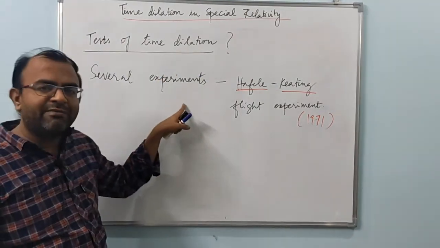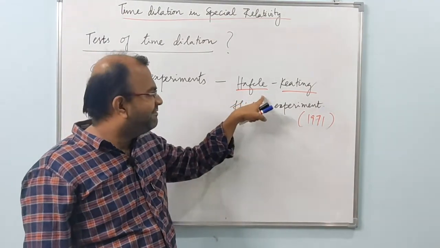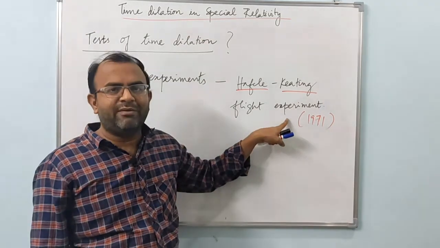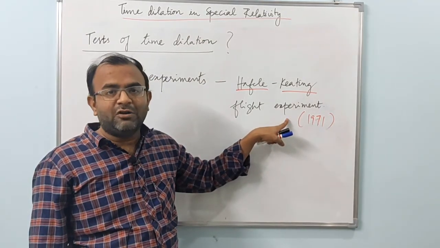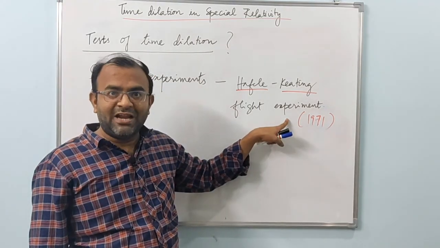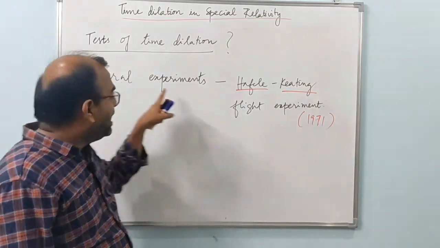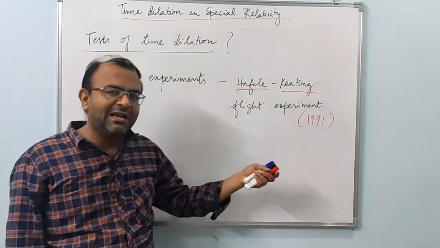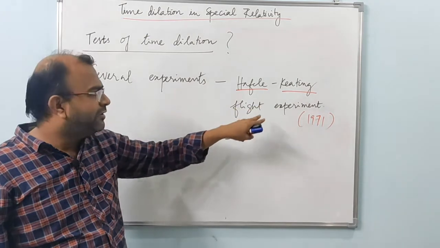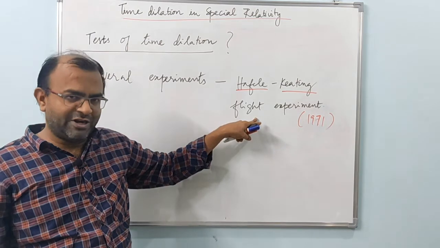Yes, there are several experiments, but one direct experiment is due to Hafele and Keating, a physicist and an astronomer. Together they performed a flight experiment where they carried 4 cesium atomic clocks aboard international commercial airline flights in 1971, trying to measure experimentally how much time dilation there is for the flight travel. For this experiment, they performed around-the-world travel in 2 directions,